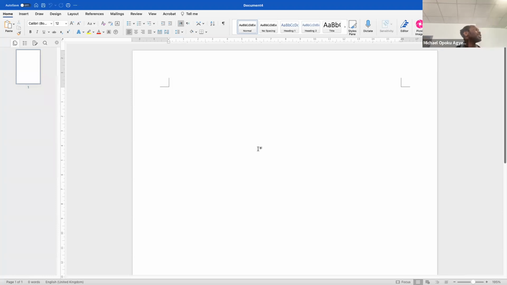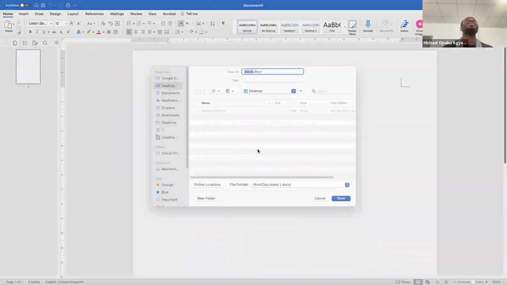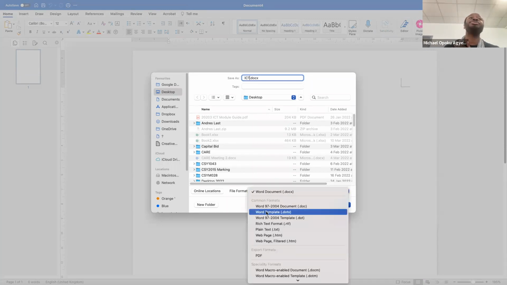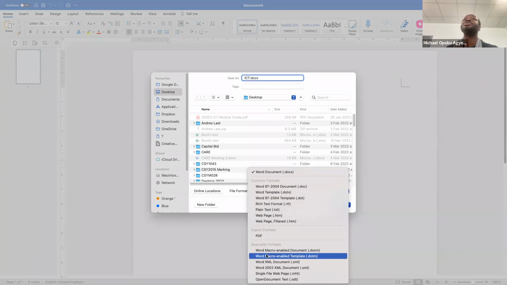What is the keyboard shortcut for saving documents, Michael? Keyboard shortcut for saving document. And so I want to pick my desktop and save it, and give it a name. You notice, thanks, Michael, that you've got several save options. It's the same options you get when you do Save As. So you can use it to save it in different